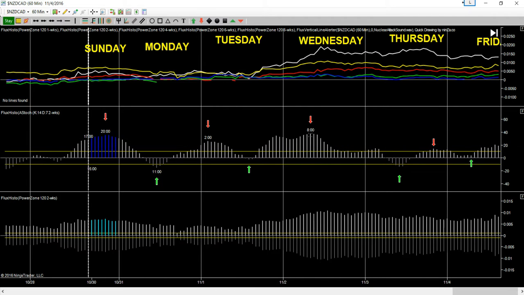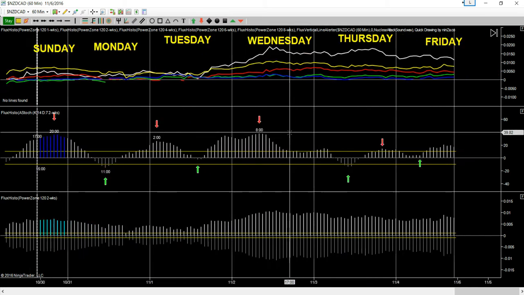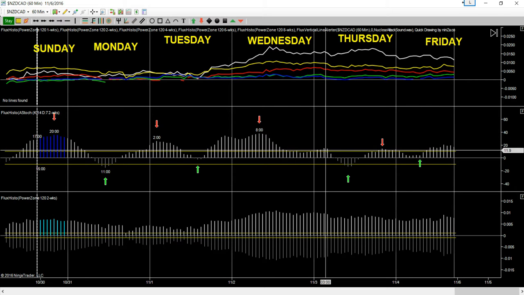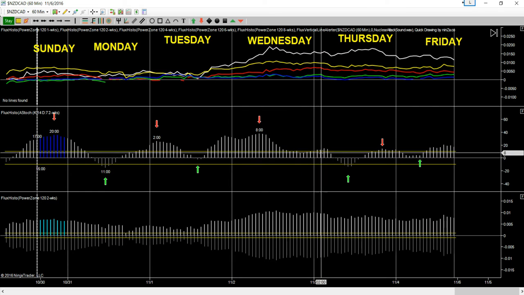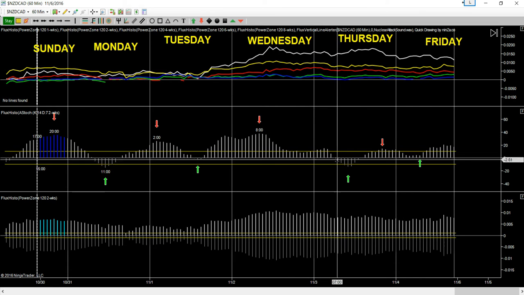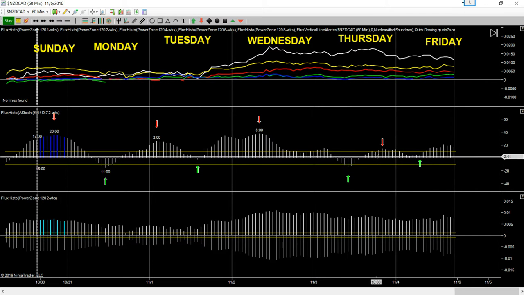And then we're going to look for another sell at 8 a.m. in the morning on Wednesday for the New Zealand Canadian. And we're going down until, looks like we got some chop here from here to here. That looks like a little chop, and then down. And then look for a buy signal at 10 a.m. on the New Zealand Canadian